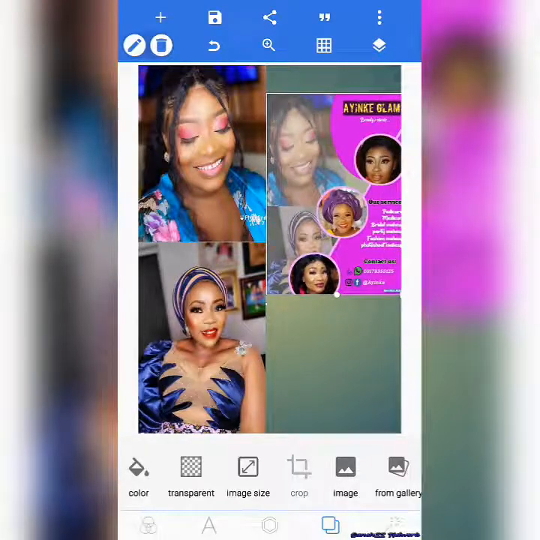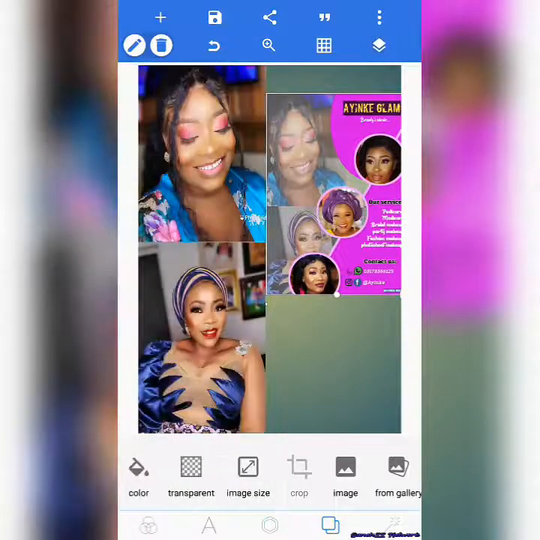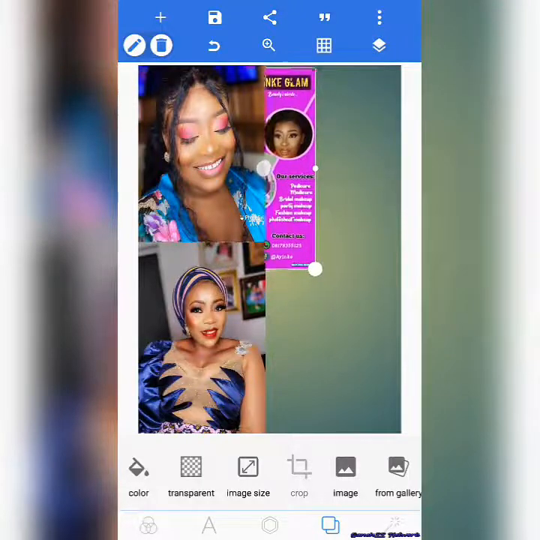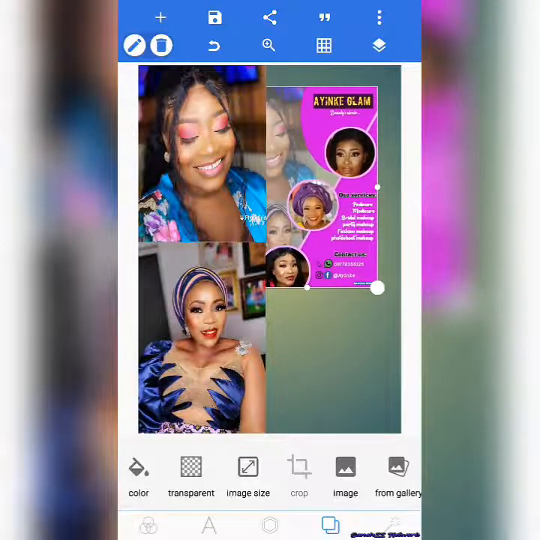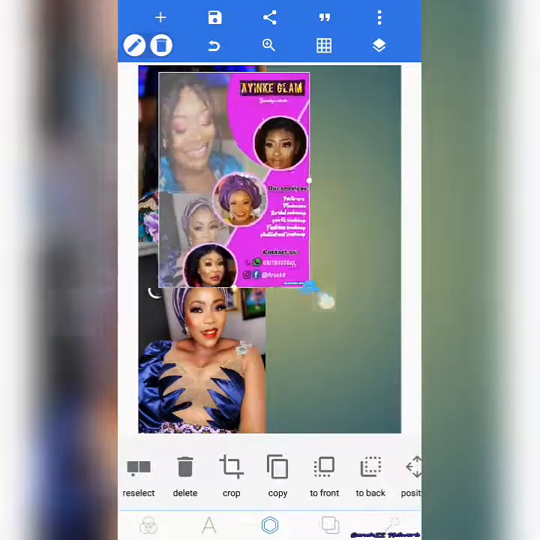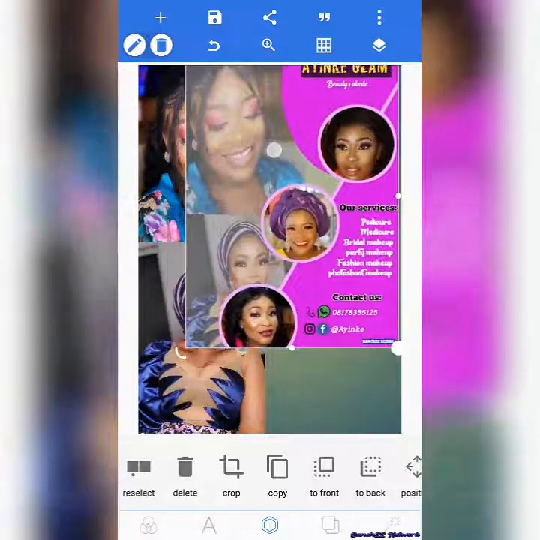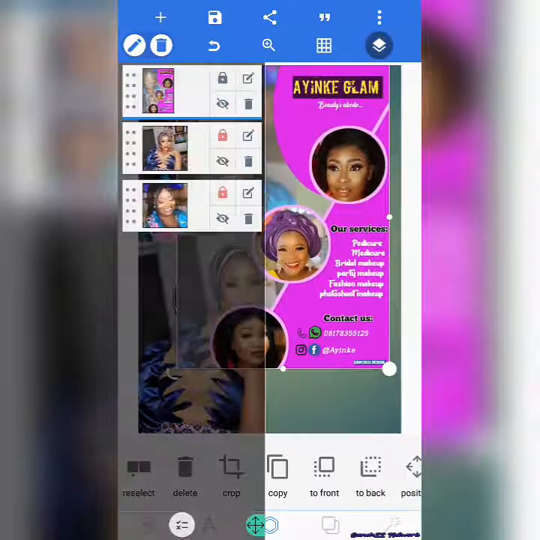And then what you want to do now is to lock the layer so that it won't keep moving back and forth all over the place. One thing you notice is that the initial one we did, so let's bring this one to the front. You can see it's right behind the two pictures we just added. So just click these two fonts and then you come to the top. You notice that the two pictures underneath look faded right here. So what we will do now is